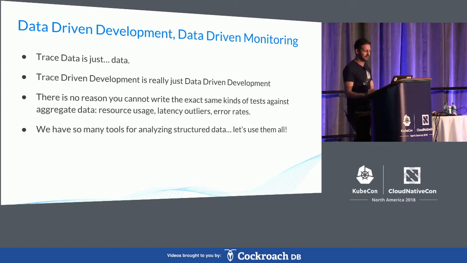And lastly, I think the main point to take away here is that we've been talking about trace data like trace data is something special, but really trace data is just data. Trace-driven development is really just data-driven development. There's no reason why you can't take this style of testing that we usually use to test for logical execution in our code and write the same kind of tests against the sort of aggregate data that we collect in production. Resource usage, latency outliers, error rates, anything going on, any sort of aggregate rollup, and you want to start making assertions that